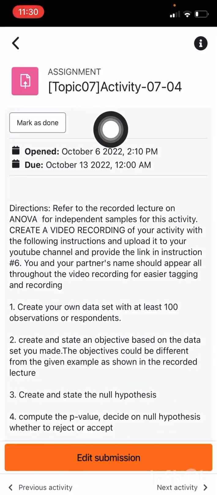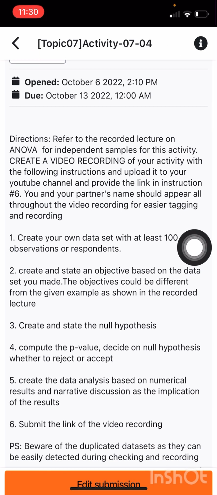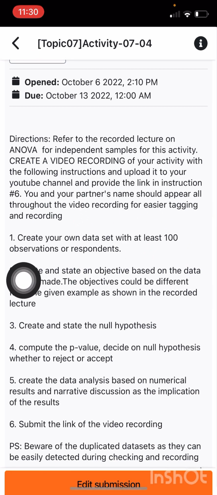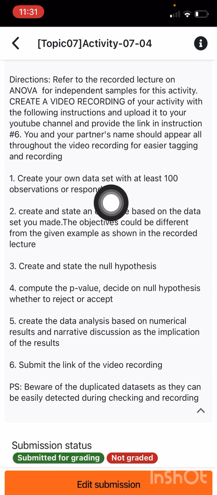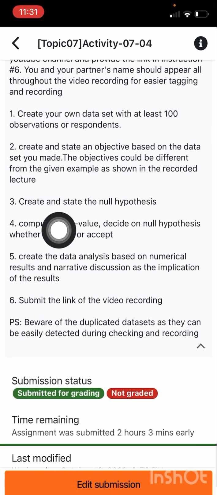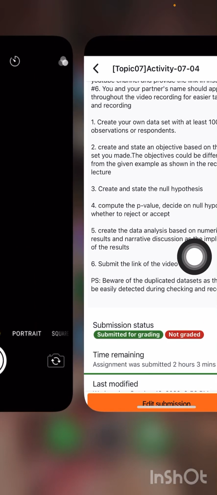So we were assigned to answer topic number 7, activity number 4. We will refer to the recorded lecture on ANOVA for independent samples for this activity. We will create a video recording and our own data set, at least 100 observations or respondents. You will create and state the null hypothesis, compute the p-value, and decide on the null hypothesis whether to reject or accept. So, first we will make